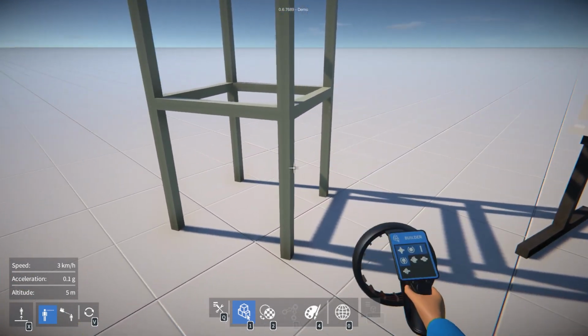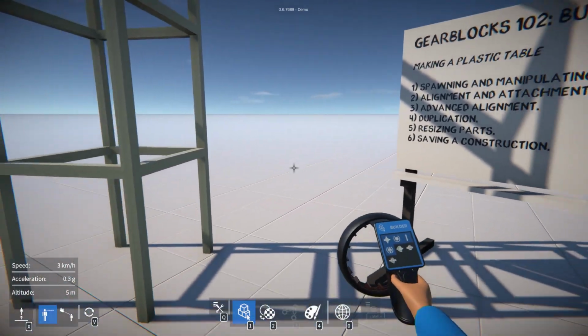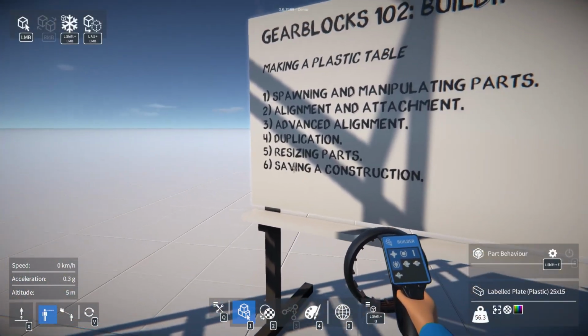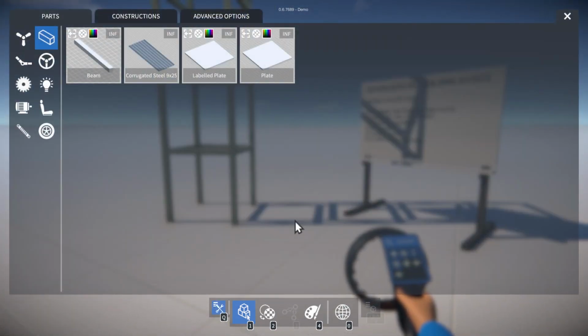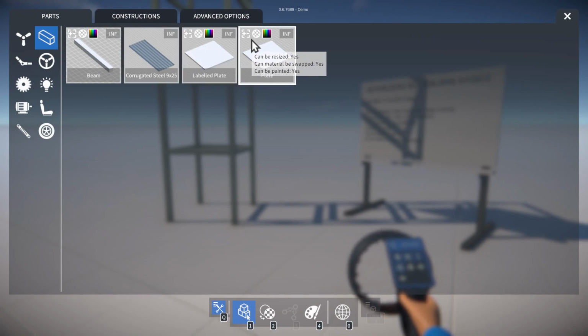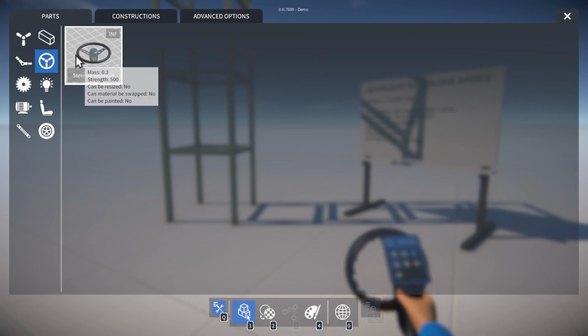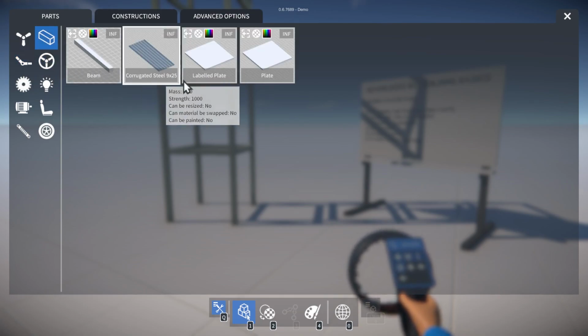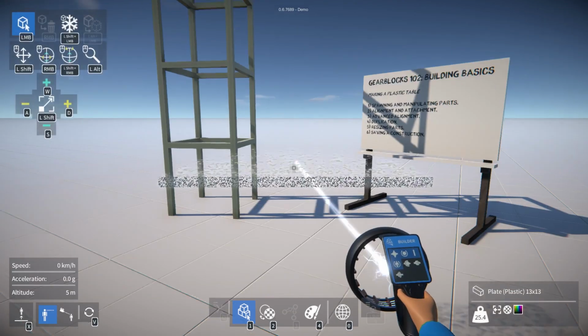So far, all the parts we've been dealing with have been all the same size, so how do we create parts of different sizes? We need to have a look at part resizing. If you look in the tool UI, you'll see that some parts have this plus minus icon in the top corner. Not all of them, but some of them do. And these ones are parts that are resizable. So if we spawn this plate here,